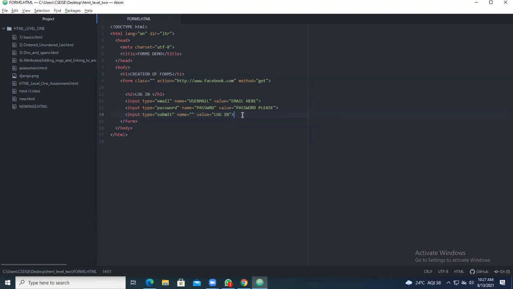Okay. In this particular thing, we have gone with three types of input parameters.